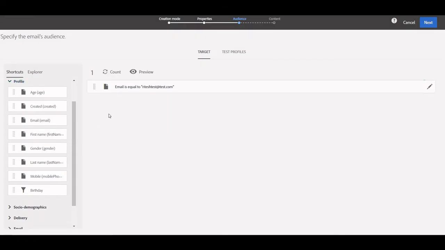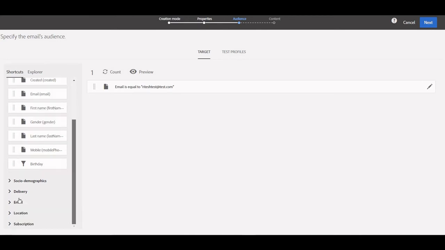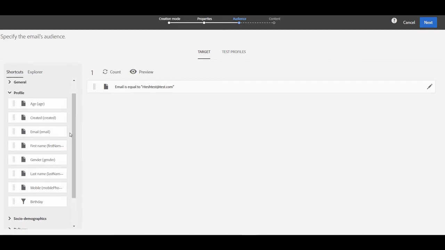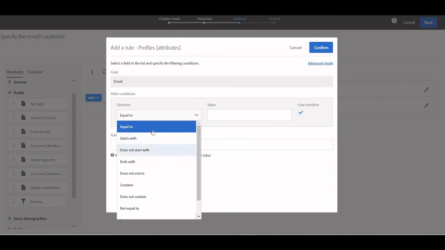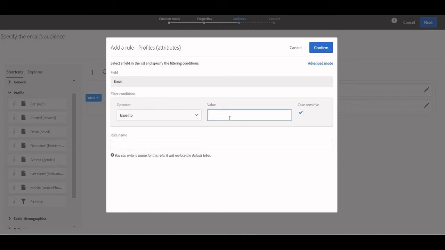Now, to create the audience, basically I have done it, but since we have already created a profile, and while creating the profile we must have given our email address as well, what we can do is expand this profile attribute and then drag this email option here. Then it will ask to configure what the email address is. Starts with or equals to. In our case, since we just want to target one audience, which is nothing but myself, I will just give my email address.